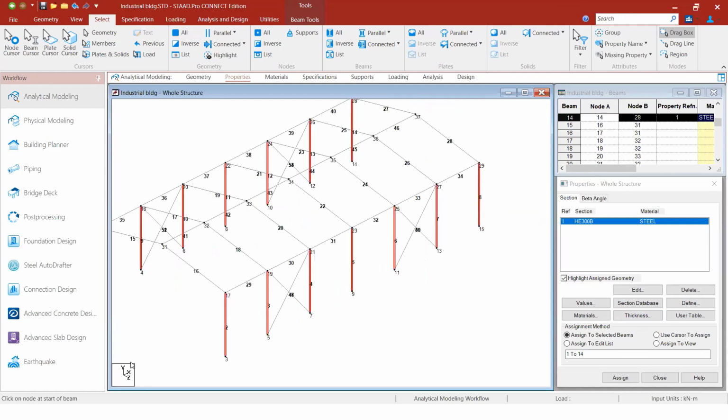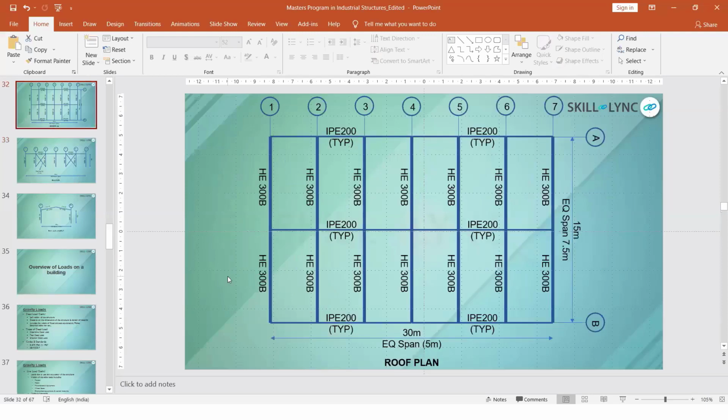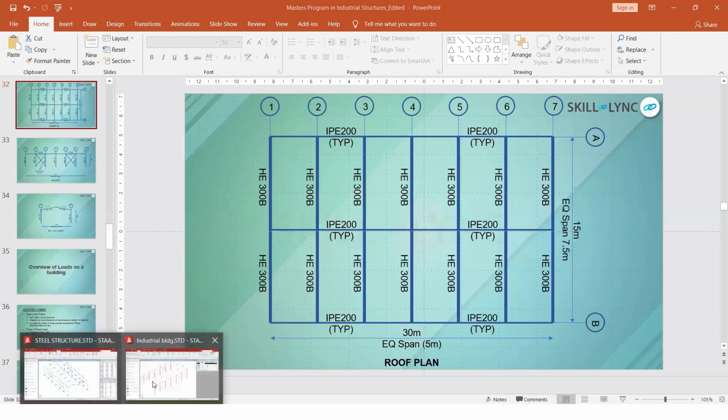Okay. So the next specification, if you see, is the beams. It is IPE 200 for side beams, and HE 300B for the rafters.